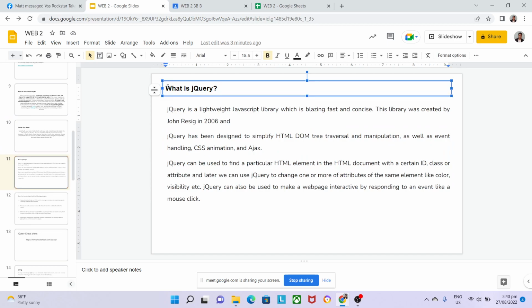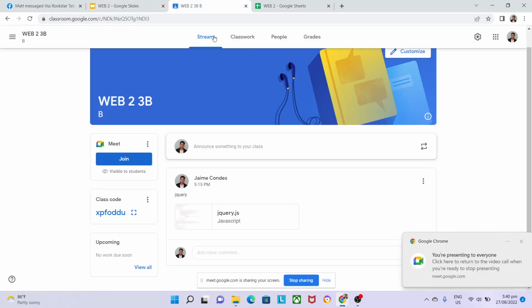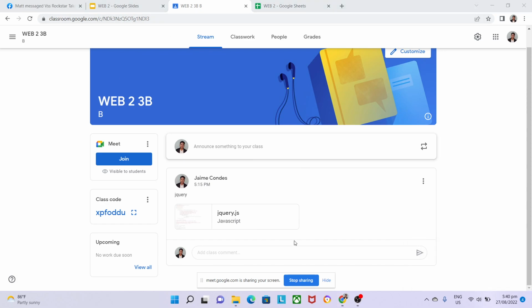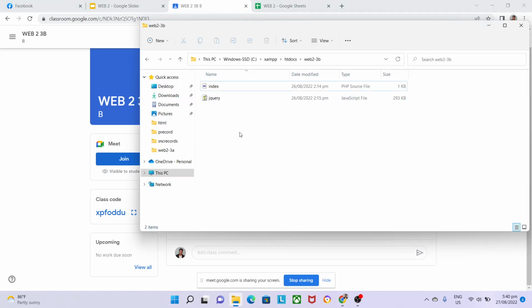Okay, so tanan na ba naka-download na sa jQuery? Na-download na ba? Wala pa, sir. Okay, download the jQuery. And then after you download the jQuery,